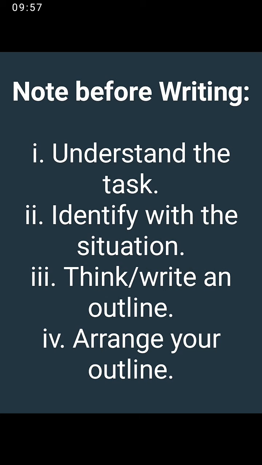Even in some cases where it says, write a letter to your uncle abroad or write a letter to your father, and then possibly one's father is late, that doesn't mean you won't write the letter. You will have to write it. All you need is to put yourself in that situation and then you write well.